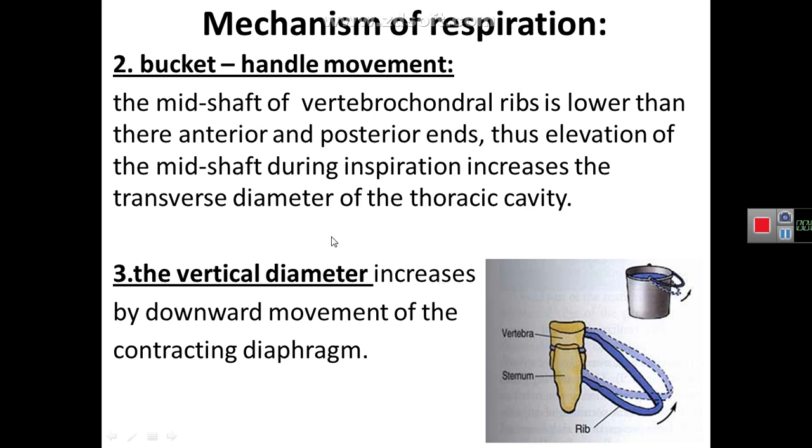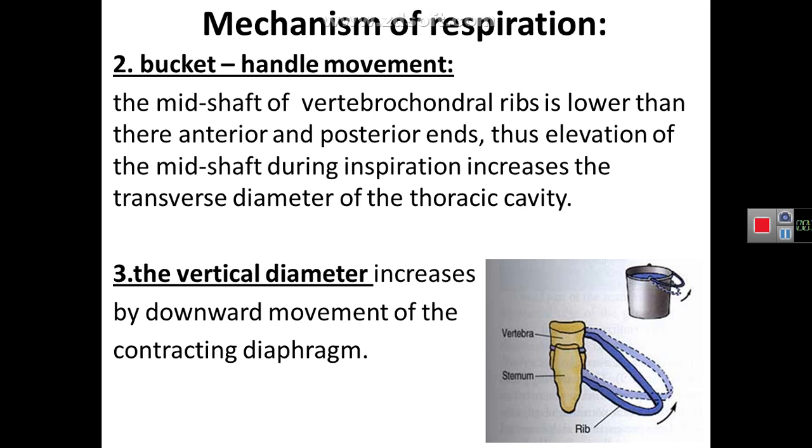In addition to these, the diaphragm descends during inspiration, and thus increases the vertical diameter of the thoracic cavity to help in breathing or inspiration. So all of these movements, bucket handle, pump handle, and vertical diameter increase, will occur by action of the muscles of inspiration or respiration, including the diaphragm, and